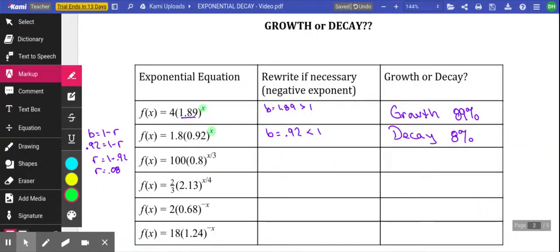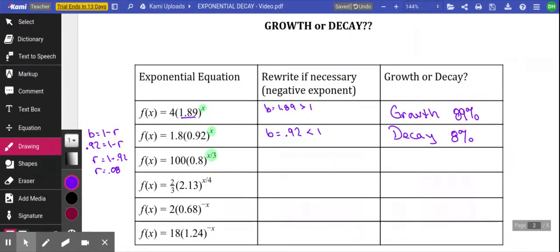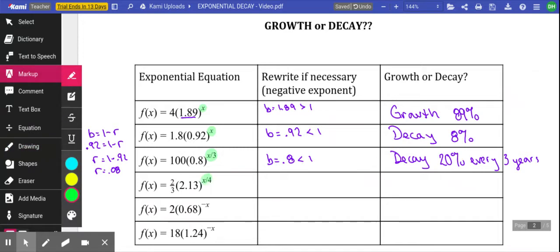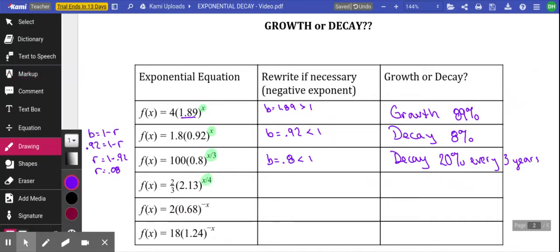Okay, we've got ourselves a positive exponent, which is good. So our b value is 0.8. Anything less than 1 means we're decaying. And in this case, we're decaying at a rate of 20% every 3, whatever the units are, if it's years or months or days. And similar in the next one here, we've got a base value of 2.13. Anything bigger than 1 means we're growing. So we've got ourselves some growth. In this case, it would be 113% every